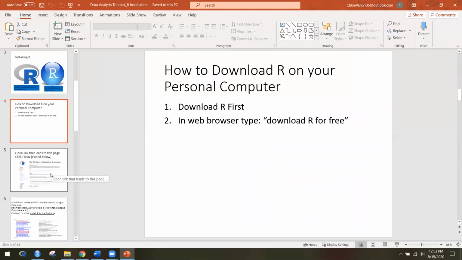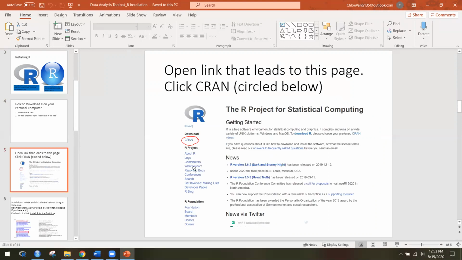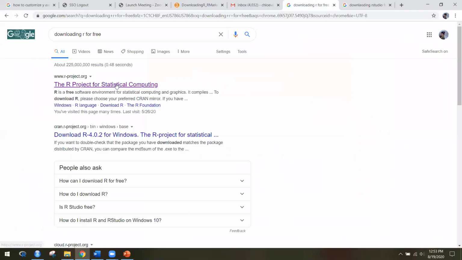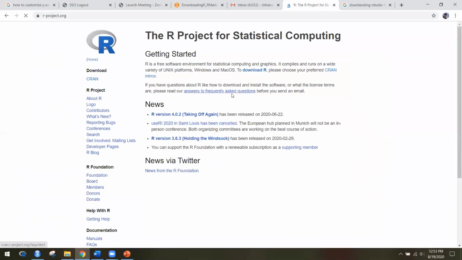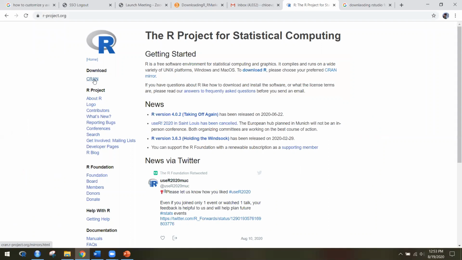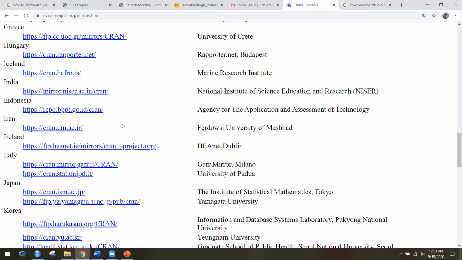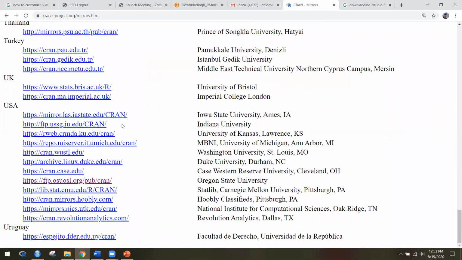So you want to type in your browser, download R for free, and you're going to follow these steps. I've already done that in here for you. So download R for free, click on the R project for statistical computing. And then you're going to go over here. There's pictures of this in the PowerPoint. You're going to click on CRAN. And then you're going to go down to the United States, and you're going to click on the Oregon State